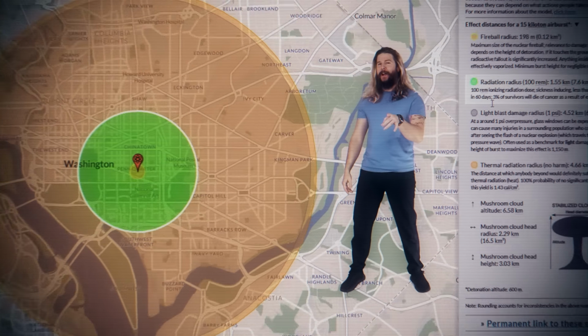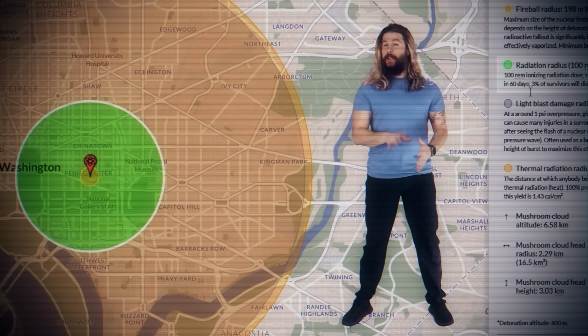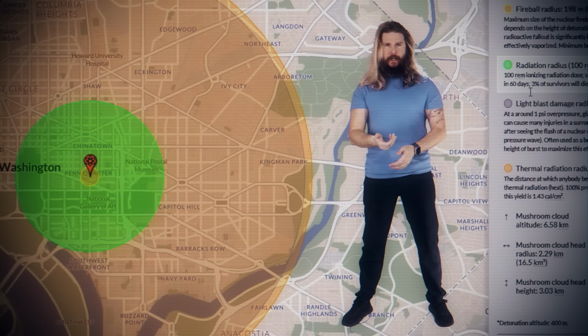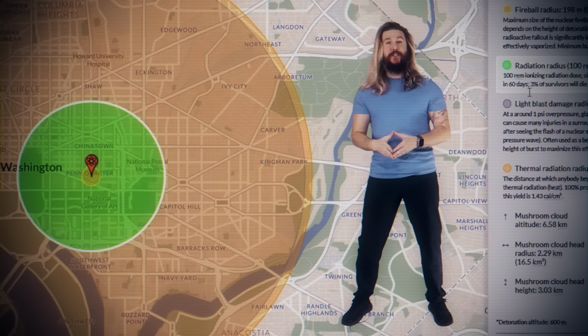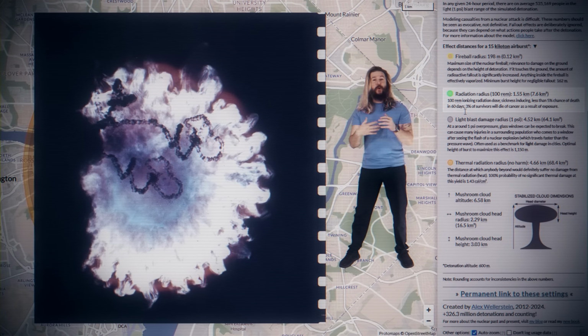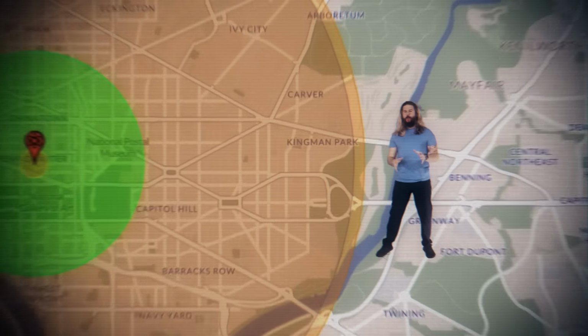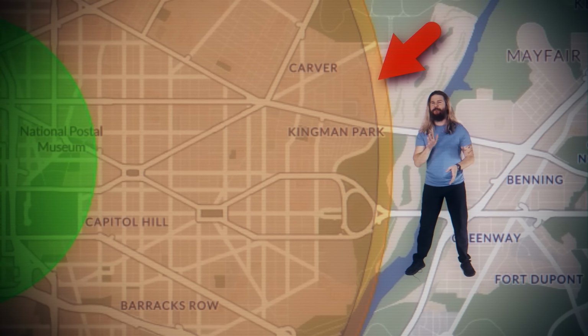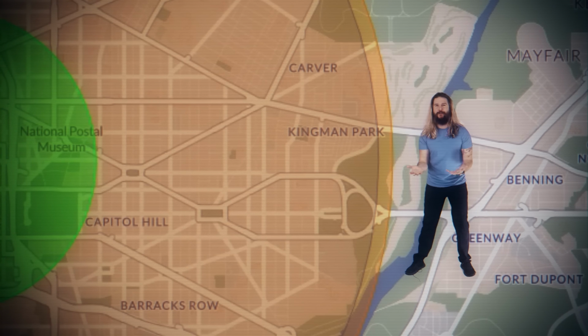Did you get the order correctly? Good for some of you. But keep in mind that this order would have been different in a different environment. We've tested nuclear weapons in space, and in space, there's no air, so there's actually no blast wave. Ultimately, we will use the distance at which thermal radiation is no longer dangerous to evaluate this fallout rule of thumb. Now, I could have Arya calculate all of those distances